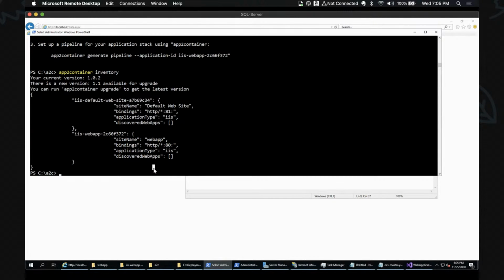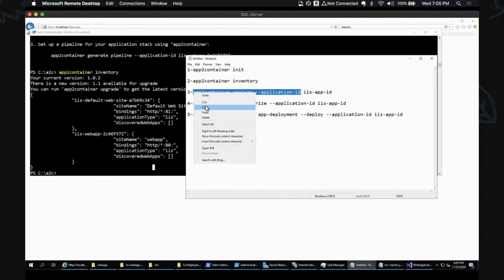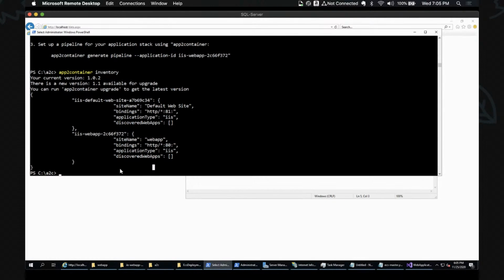So next, after the inventory collection, I will analyze this application. The tool will analyze the dependencies and all the required components, and what I need to provide is the ID of this application.